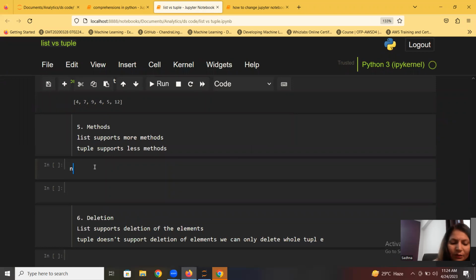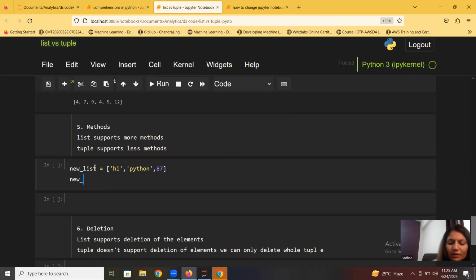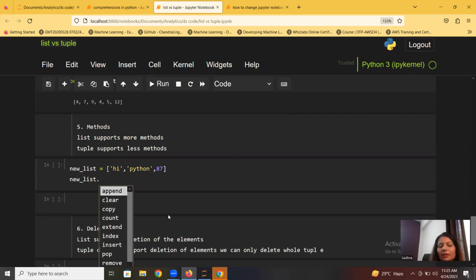Let me create that here only. I have created a new list, and in which, let's say, I pass certain values, Python, and like that. So if you see that new underscore list dot tab, these are the compatible methods that we can apply. Basically, these are the things that we can do on list. So more methods are compatible here for list,